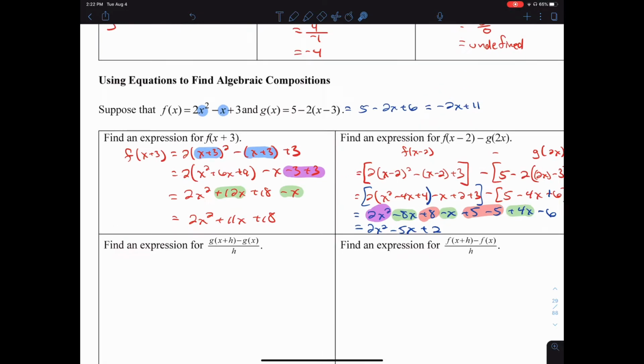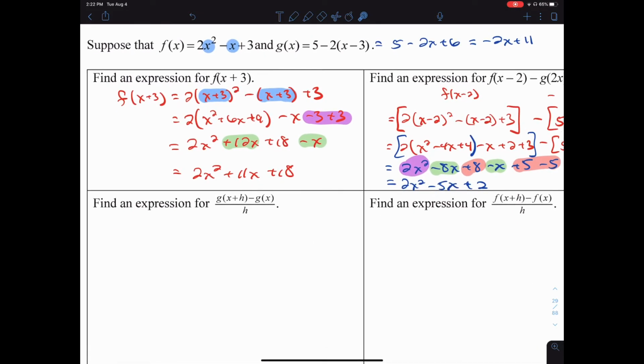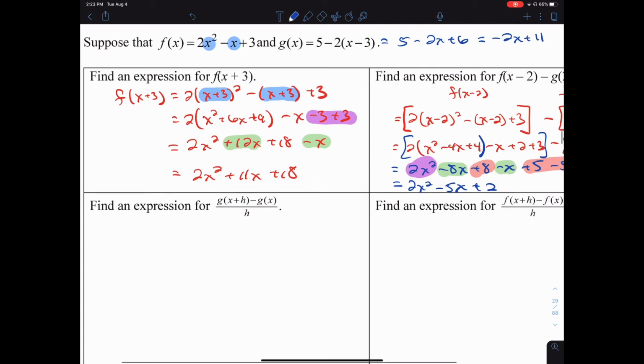for this next part. We are supposed to make an expression for this monster. Now this is a very important thing in calculus. We will get to this at some point. It is called the difference quotient. It's a fancy way of writing slope, if you can believe it. All right, so we are supposed to take in our numerator function g, which I've just written like this now,